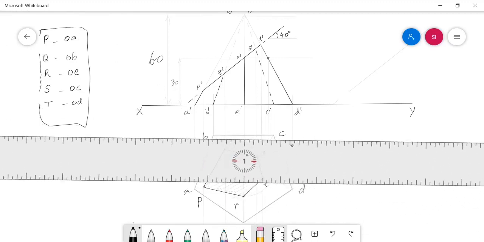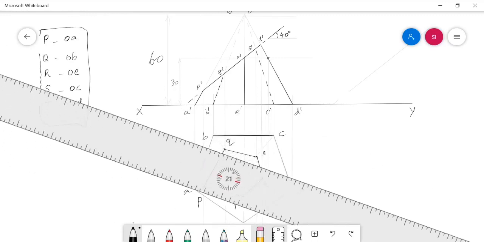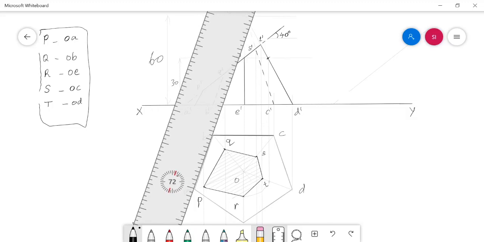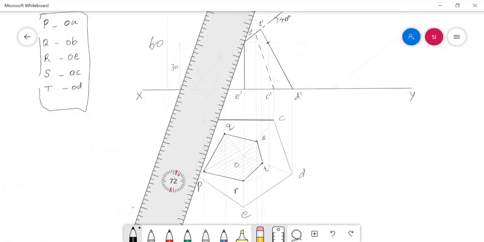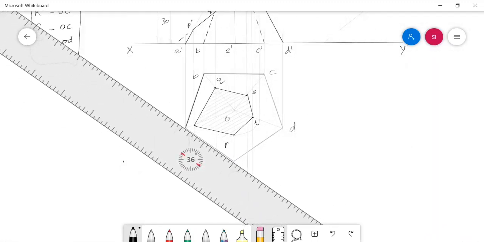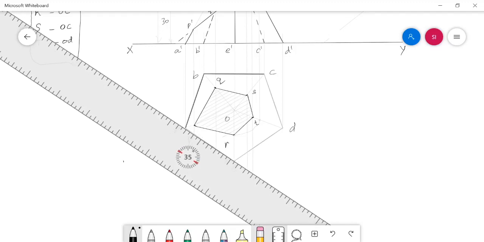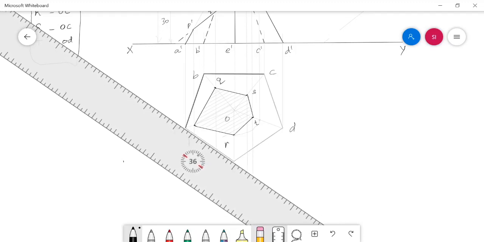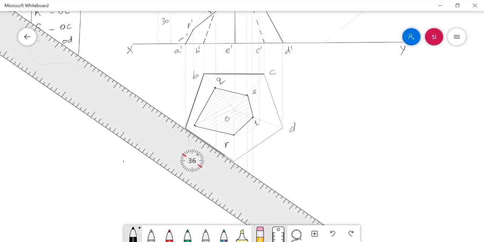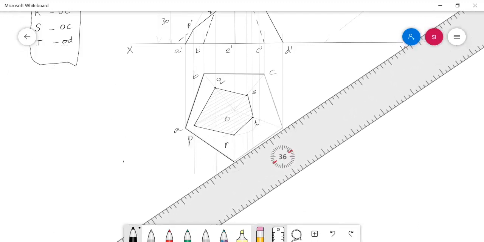Meanwhile, the entire solid base edges are also still live. So AB, BC, CD, DE and EA also need to be darkened with the HB pencil. We drew these with the 2H pencil from the beginning, because at the time of starting the answer we don't know which edges will be retained after sectioning the solid. So we have to darken the visible portion of the edges after connecting the cut points in the particular view.